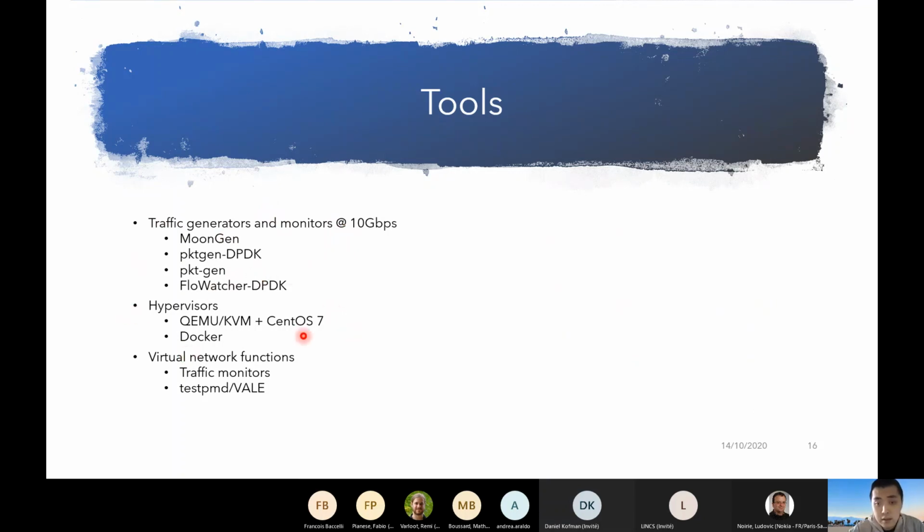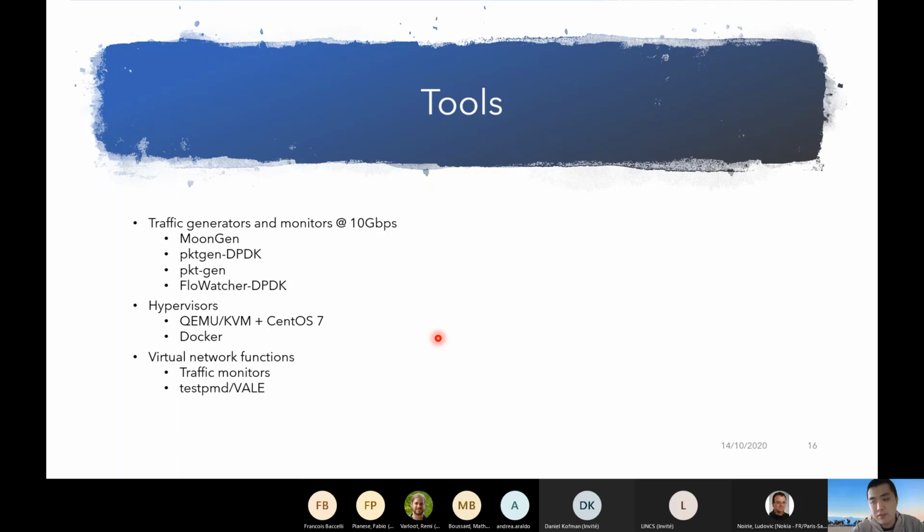And then since the focus of this work is on network function virtualization, we do consider different hypervisors to build different virtual environments. For example, we use QEMU to build CentOS 7 based virtual machines. We also use the Docker tools to build Docker images that can run network functions at high speed. And then in terms of these virtual network functions, it can be traffic generator and traffic monitors if it's for the P2V and the V2P. And for the loopback case, we use layer 2 forwarding applications like testpmd and VALE forwarding. The main challenge of this work is how to configure the large set of different tools to implement the